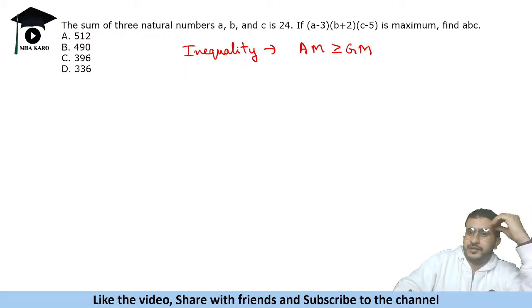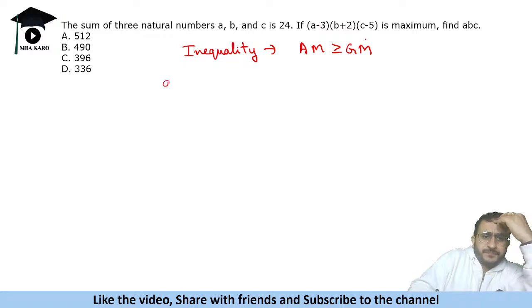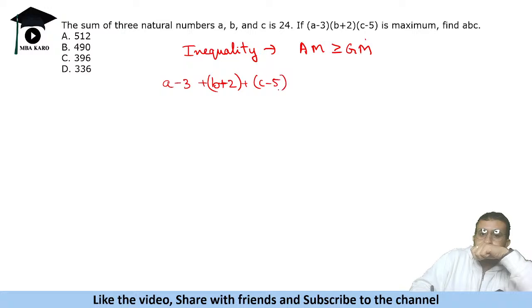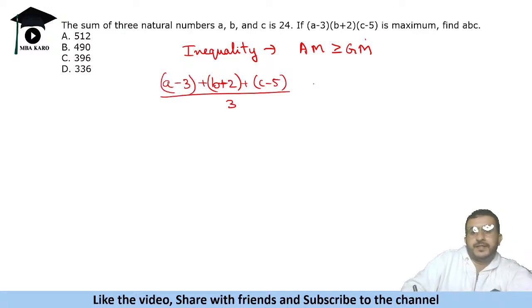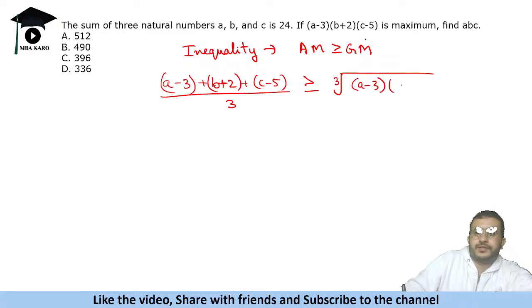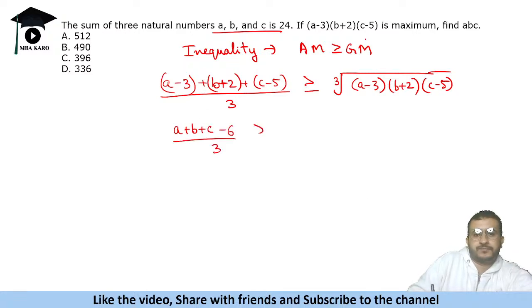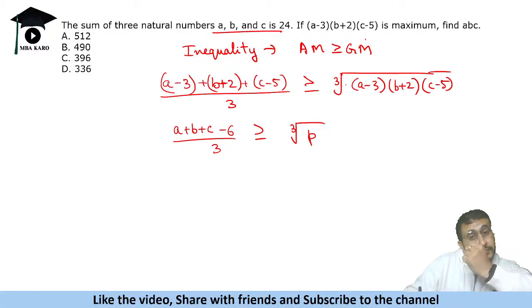We need to find the product which is the part of GM। So AM is, this is AM, this is greater than equal to the GM, this is the third root of it। ये हो गया हमारा। ठीक है, हमें क्या दिया है? a प्लस b प्लस c, सम इज 24। So this is a plus b plus c minus 8 minus 6। Let us call the product as P। ठीक है, we need to find this maximum value।